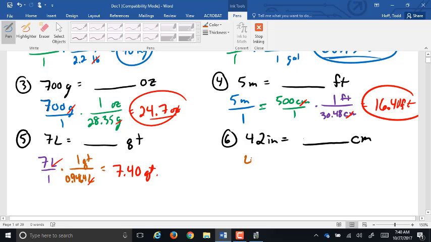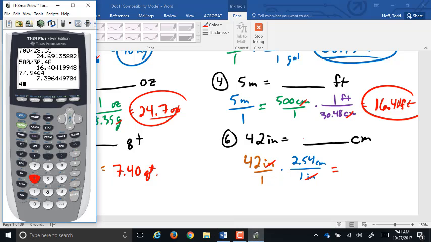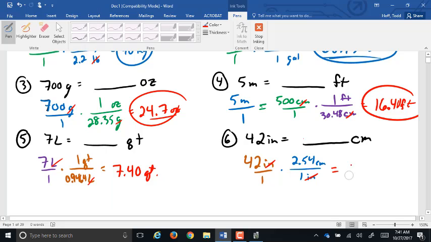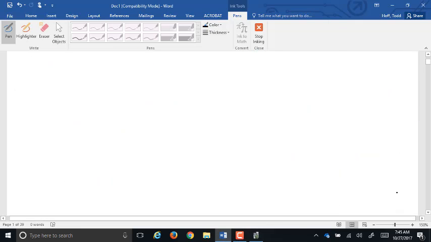difference. 42 inches into centimeters. This one we do have a direct translation. 1 inch is 2.54 centimeters. That's the one length conversion that I keep memorized, is that one. Nope, 2.54. It's just a little over 2.5. Oh, sure. It happens to the best of us. So 106.68. Well, I showed you guys that I'm dyslexic, didn't I? Okay, so